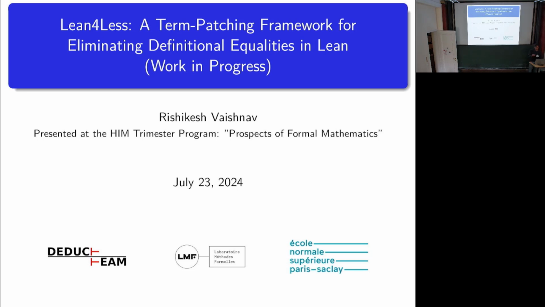I'm advised by Frederic. And today I'll talk about Lean4Less, which is basically a kind of model made to Lean4Lean that applies dispatching to Lean terms so that they no longer rely on proof relevance to type. And it's still very much a work in progress, so you can also take this talk as a request for comments and suggestions.